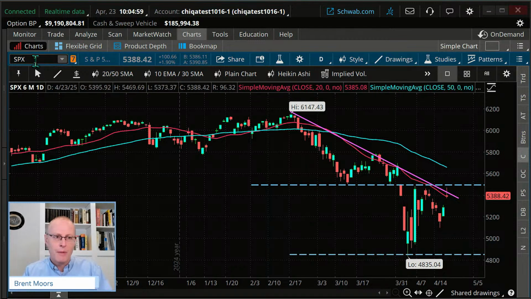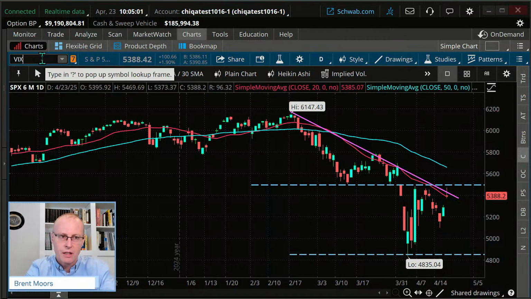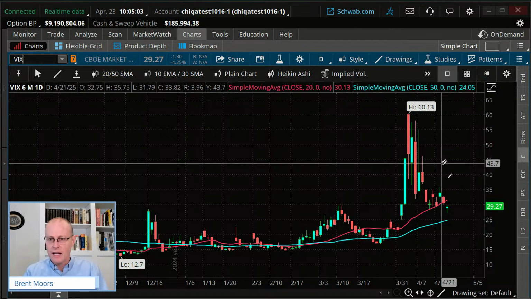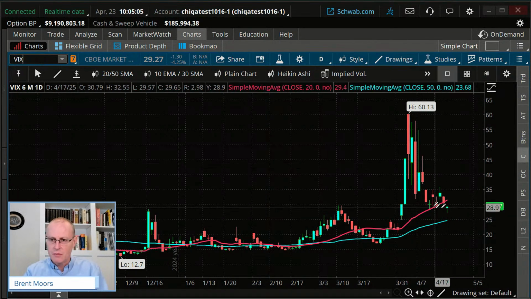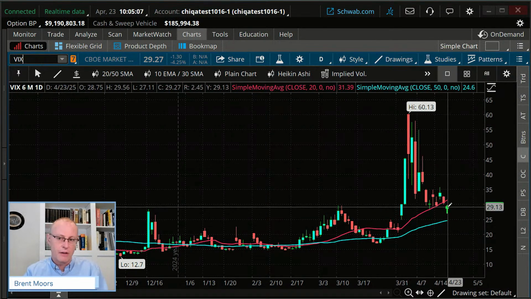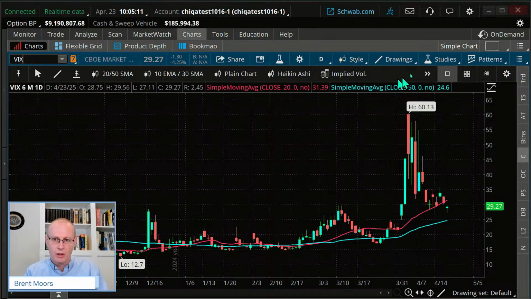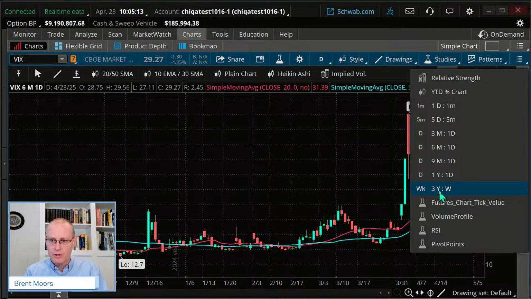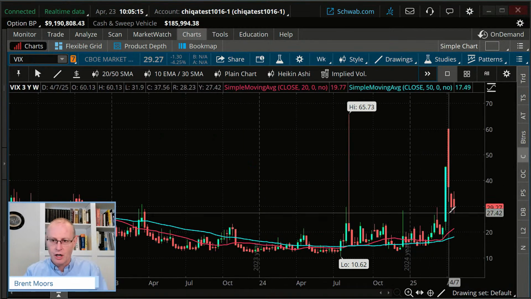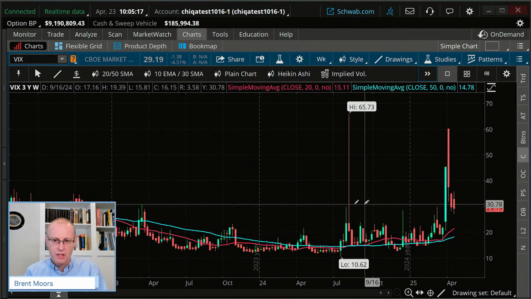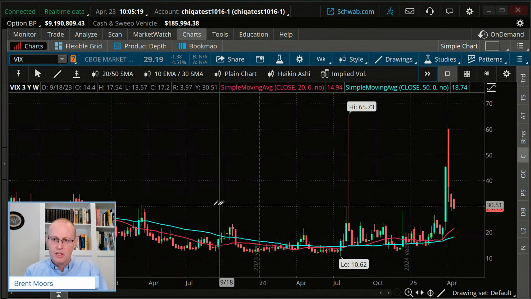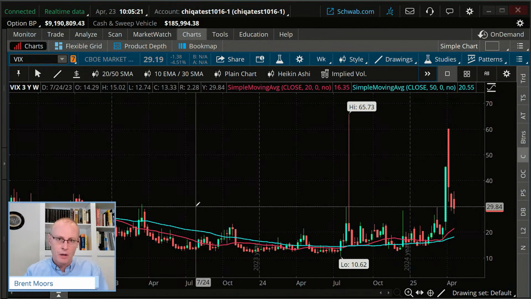One common measure that we'll use on implied volatility is the VIX, and you can see that's come down. But you can see by historical measures, this is actually a fairly high level. We're up near 30, and I can go back to a longer term chart, and that would probably illustrate that even a little better. Here's a 3-year chart. You can see we're right here. You can see most of the time we're below that. Most of the time, options are cheaper than where we're at right now.